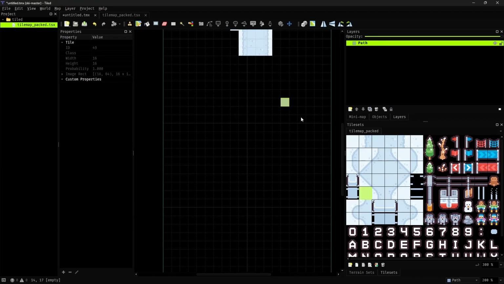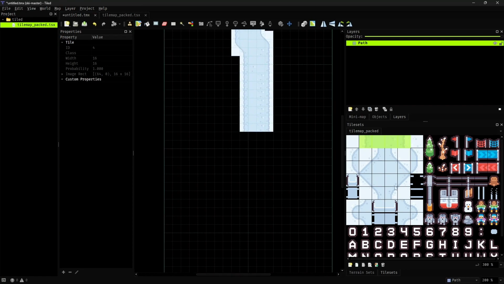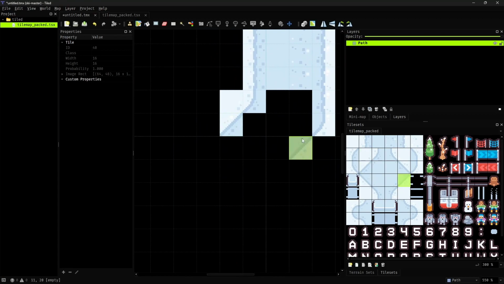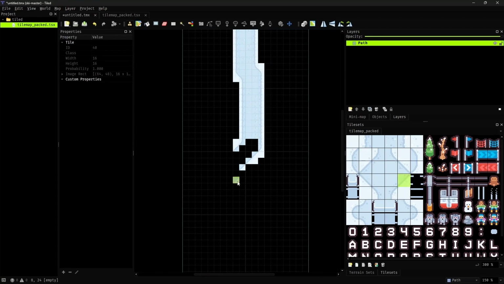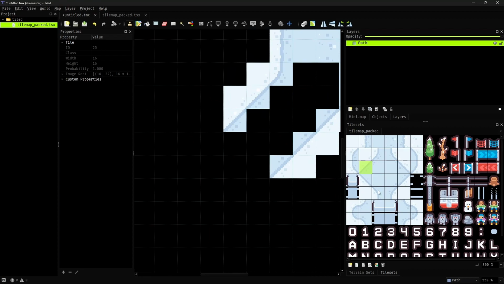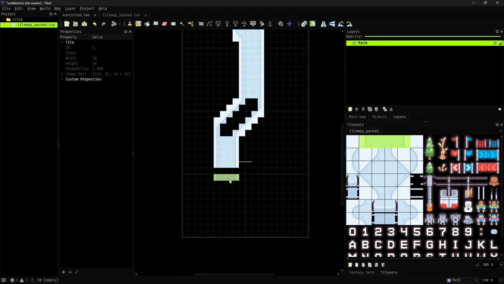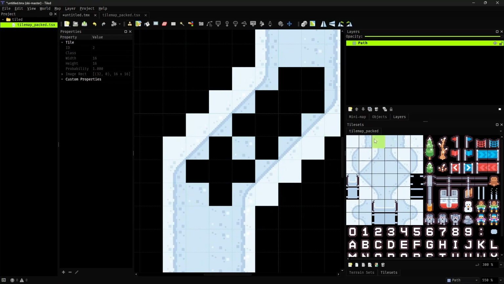Also, notice that I am not filling the surrounding parts with the white snow tiles. This is because I'll be setting the background color of the game to match the snow color. So painting the snow tiles is not necessary. I'll encourage you to create your own level to get comfortable with Tiled. But if you are not interested in level design stuff, you can grab the level files from the GitHub repository